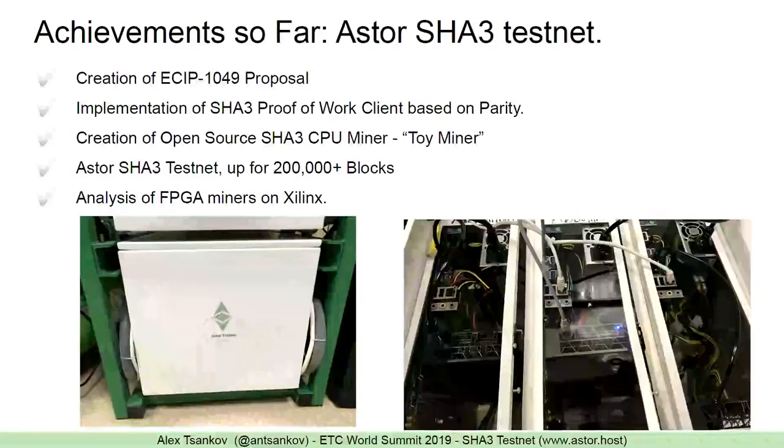All right, so the final section. What do we actually need to do to get there? What is the action? Well, so far we've achieved a number of things. We've created the proposal. We've implemented a SHA3 proof of work client based on a fork of Parity. That's the Aster testnet. We've created an open source CPU miner, and we've been able to achieve about 200 kilohash